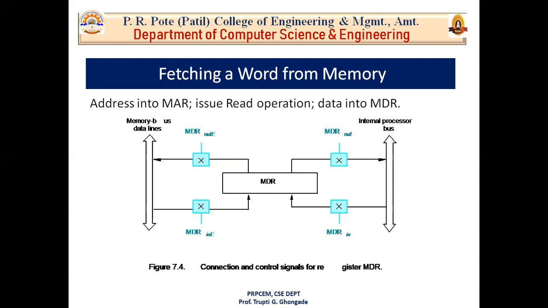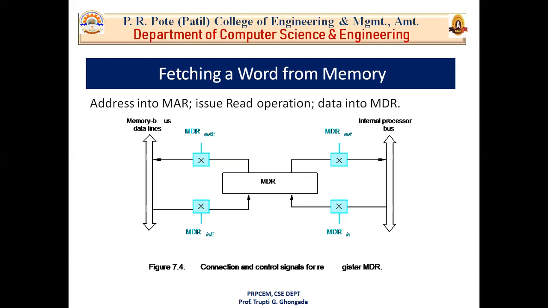Now in the first unit, we saw that after completion of a read operation, there is one control signal, that is Memory Function Completed, MFC. After completion of the read operation, your memory will generate this control signal, MFC equals 1. When MFC equals 1, your data will be put onto the data lines. When your reading is complete and your data is on the data lines, your memory will set this MFC signal to 1, and now the processor will know that the memory read operation is completed, and we can get that data into the MDR.